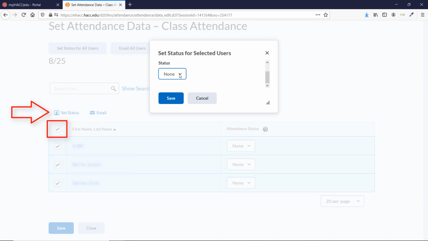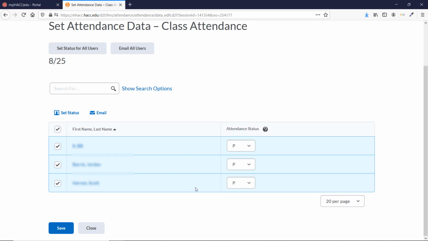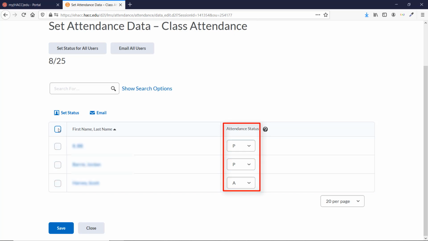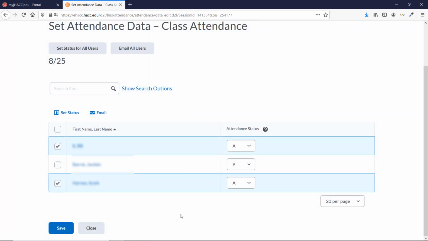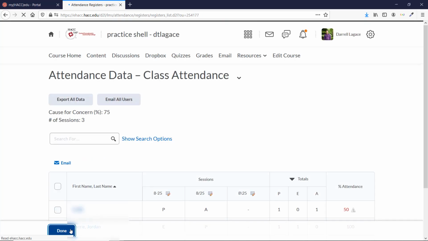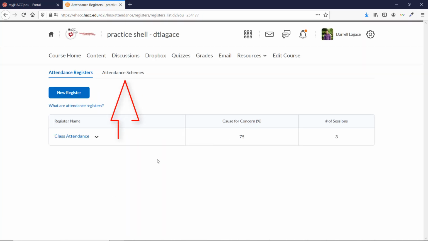Now click Set Status. If most of the students are present, you can set them all to P. Then, just determine who is absent and change those specific students to an A manually, or by clicking the box next to those and doing Set Status again. This is the most efficient way for any class with more than a handful of students. If you ever have a situation where more than half the class is absent, you can set the status for everyone to A and then just change the ones who are present. Click Close and then Done to get back to the main attendance page.